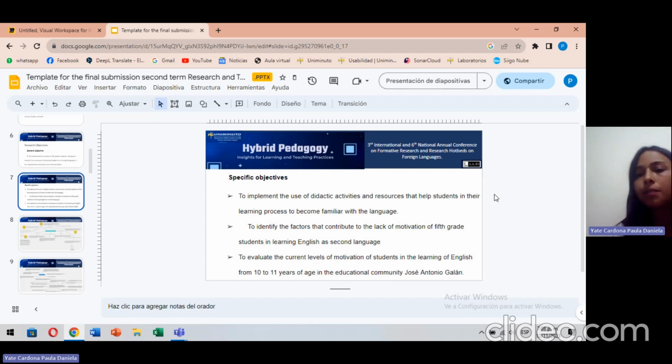And the second specific objective is to investigate and understand the reasons behind students' lack of interest and motivation to address them effectively. And the last one is to measure and analyze the motivational level of learners' immersion in the language, which also provides us with valuable information for developing improvement strategies. So I'm going to show you my